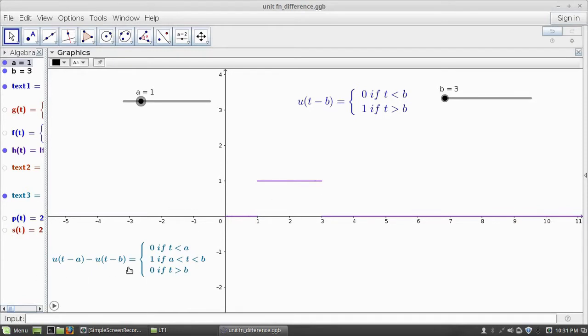Consider the difference of two unit step functions u(t minus a) minus u(t minus b) when a is equal to 1 and b is equal to 3, that is u(t minus 1) minus u(t minus 3). See, this function is defined only in the range 1 to 3 and it has the output value 1, elsewhere value 0. If I change this a to 2, then the difference function has the value 1 in the interval 2 to 3 and elsewhere 0. Suppose we change this for any value of a and b with b greater than 3, we can see how the graph changes.